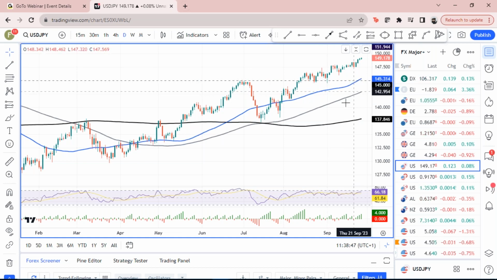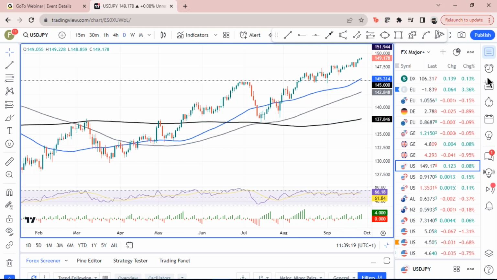Support levels, you've got the 50-day moving average way below at 145.31, that blue line. You've got the breakout level around 148.36 or so, just above. That's near-term support, but potentially they would want to move down towards these previous highs of 146.67, and then around 145 or so potentially. But that will be tough as long as 10-year treasury yields are still rising.